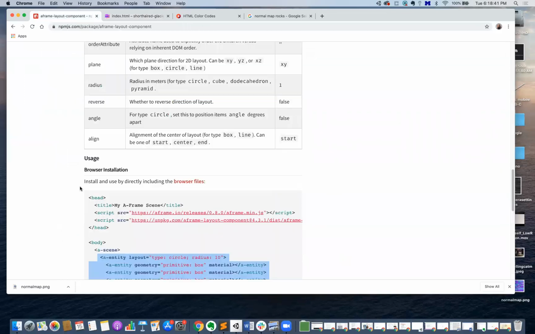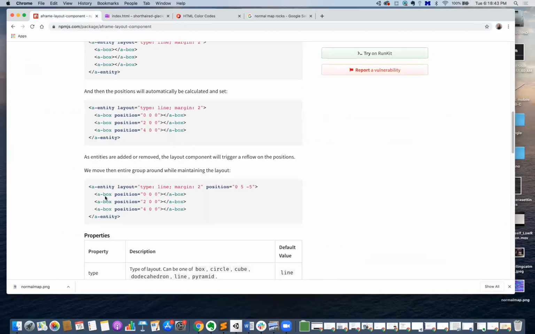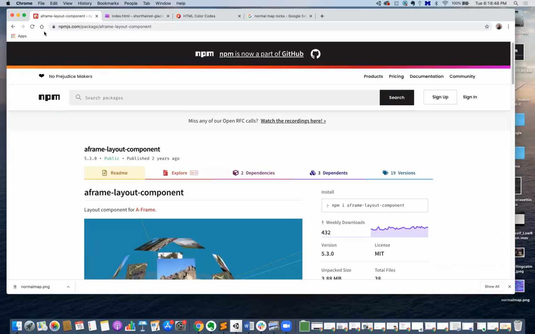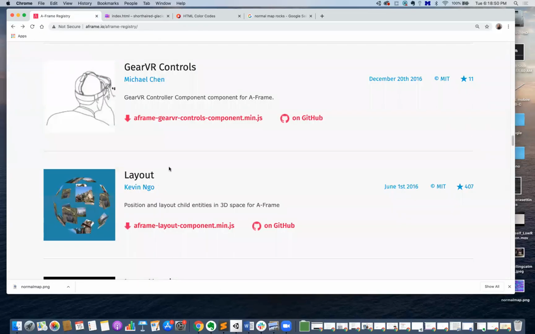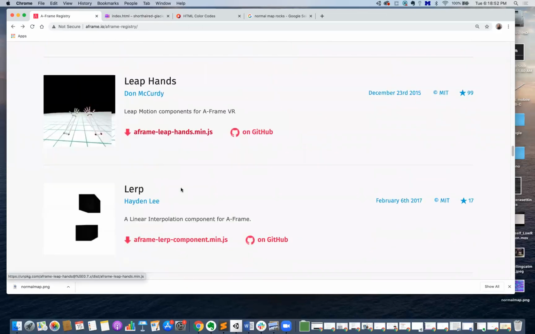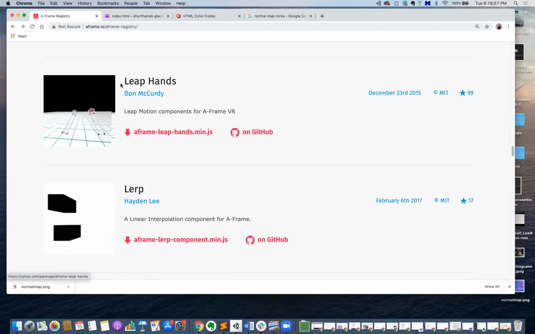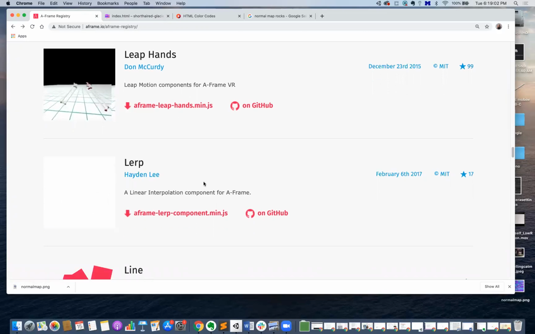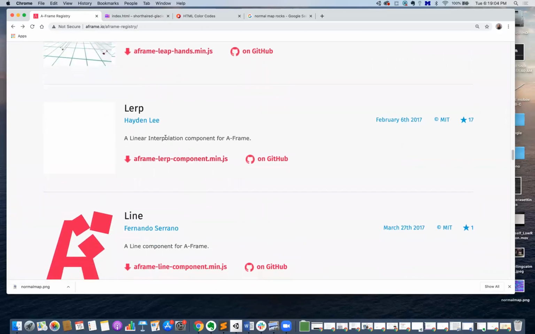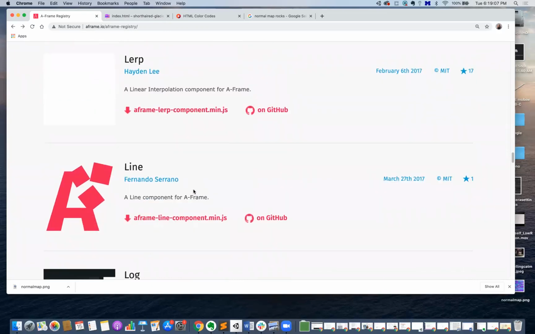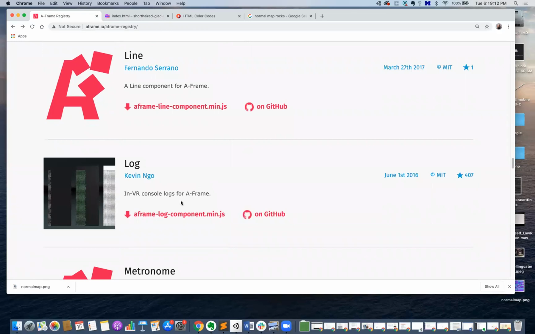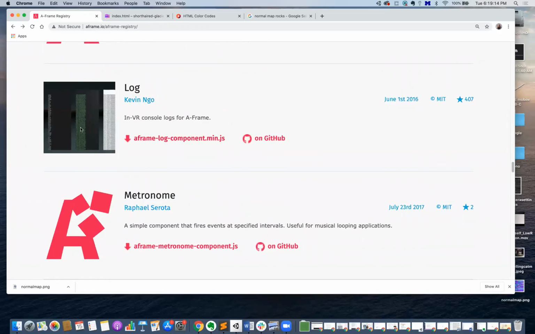So take some time, look through the kinds of different things that you can do, how you can lay things out, look through the A-frame registry, see if you can add things. There's certain things like leap hands, for example. This is something that in order to use, you need a headset to be able to see it. So that will come later. Here's some linear interpolation, a line component, so you can draw lines. A log component, so you can see the console log, you can see the kind of readout for the frame